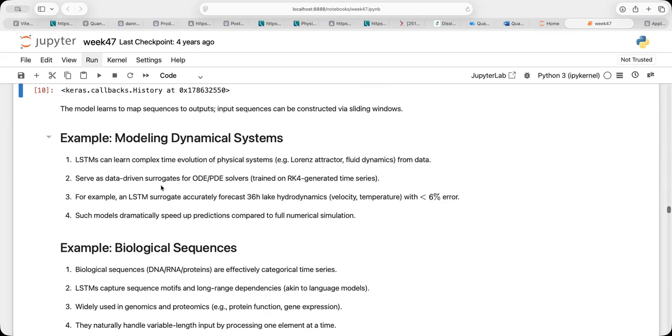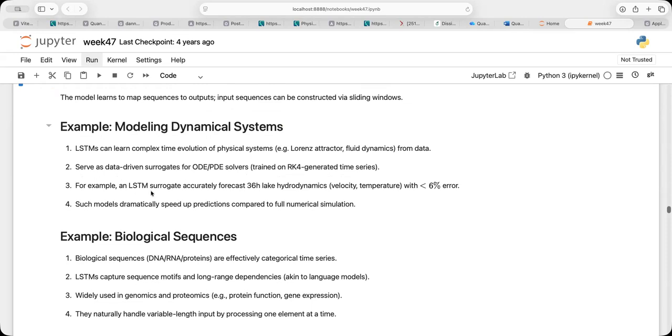And then we are going to use an RNN to take the data from the ODE solver and then train a network which reproduces the training data and then can be used to make a prediction. So these are classical examples of the applications of these different methods, either simple RNN, but more popularly an LSTM. This is much more common to be used because the simple RNNs can be heavy to train.